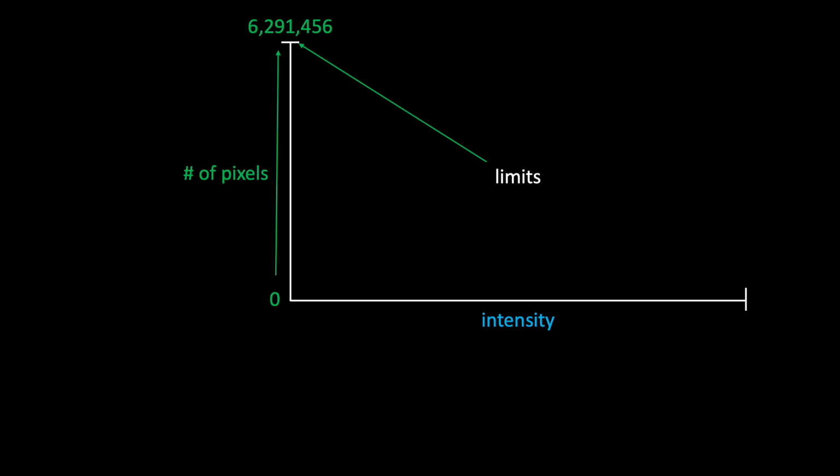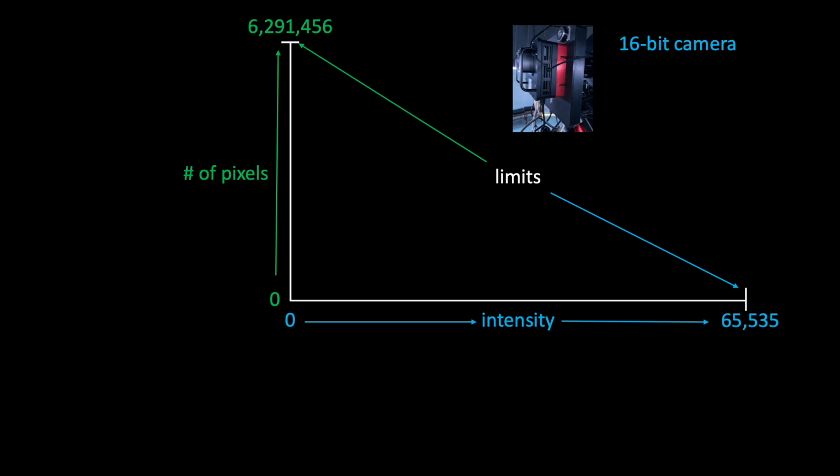The intensity, on the other hand, the x-axis, also has a limit, and that limit is 65,535. Now that sounds like a bit of an arbitrary number, black being absolute 0 and absolute white being 65,535, and then you can think of shades of gray as being in between those two numbers. Where does that 65,535 number come from? Well, we have a 16-bit camera, and that number 16 is what gives us the 65,535